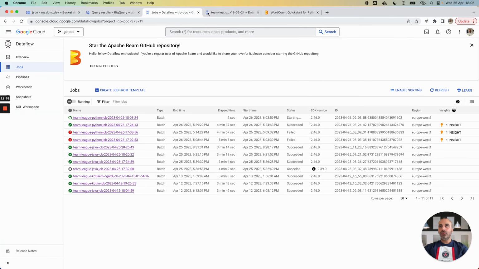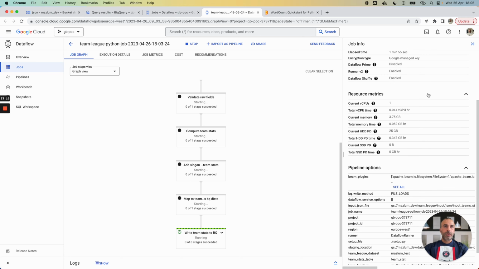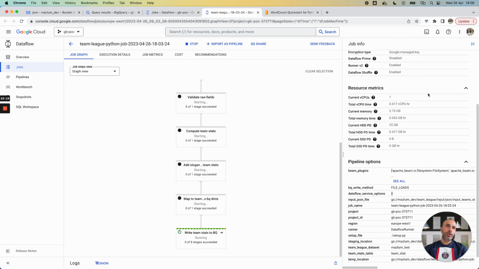I again go to the graph of my Dataflow job. We can see that we have all the job information for my Dataflow pipeline: the status, the SDK versions, Python 3.8 and the latest version of Apache Beam in this case. We also have the resource metrics for this job, the current CPUs, and also the memory used for our pipeline.